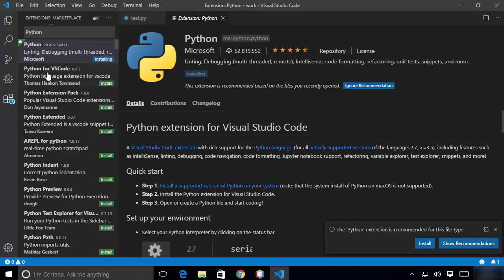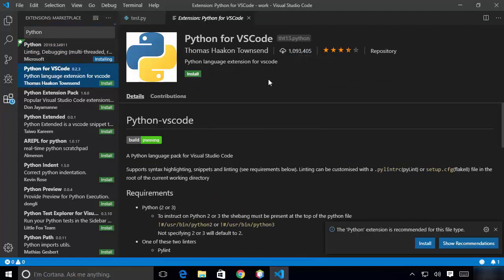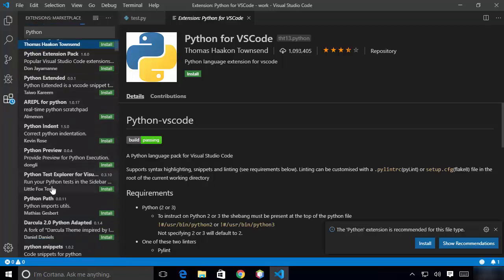You can see some more extensions also here. For example, Python for Visual Studio Code, which is also relatively popular. You can see 1 million downloads of this extension, and you can see many more extensions when you just type Python here. So for example, Python preview or Python path.